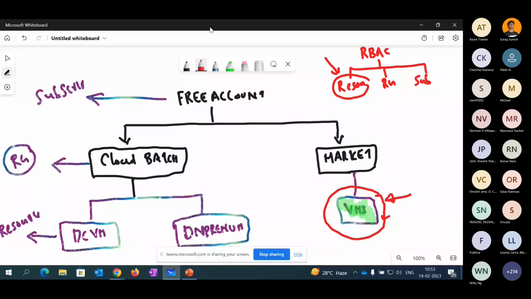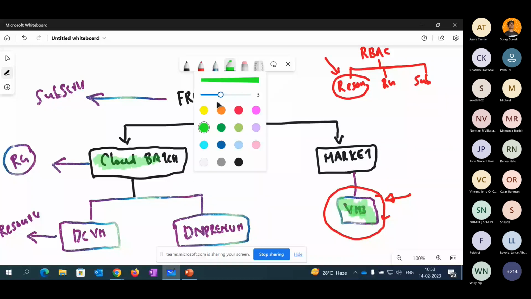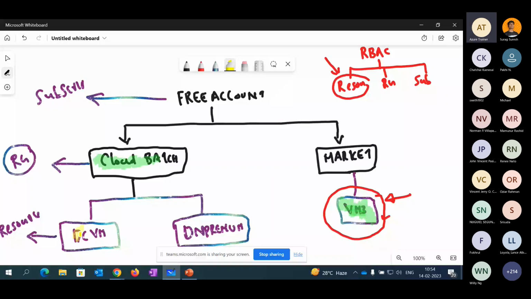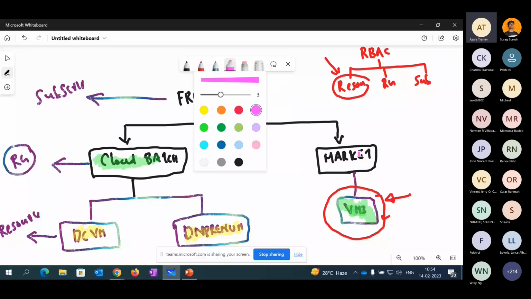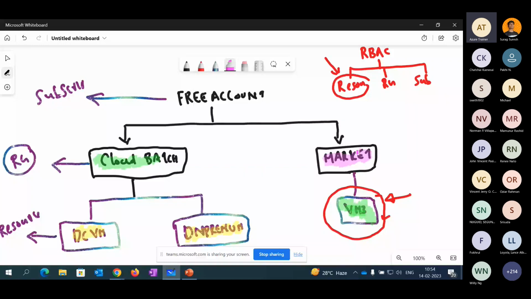On the screen, you can see there are two resource groups created here. One is called cloud batch. Inside that, you can see two VMs have been created: one is the DC VM and the second one is the on-prem VM. We have another resource group in place, called market. The market VM has been created there, and in the market resource group there is another VM, VM3. So while doing this lab, let me give a reader permission